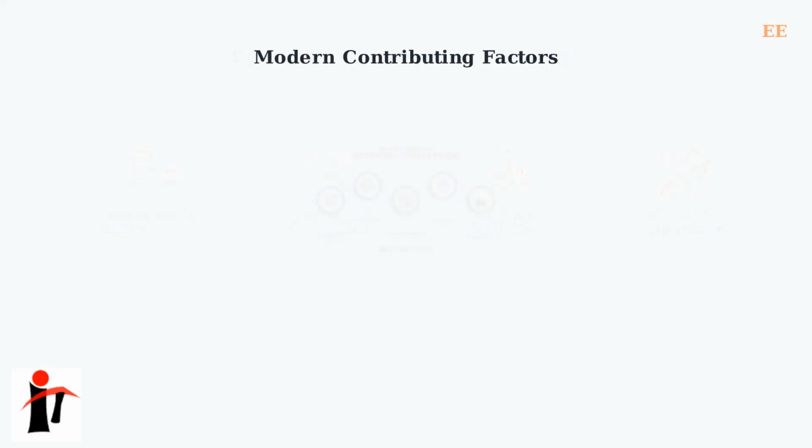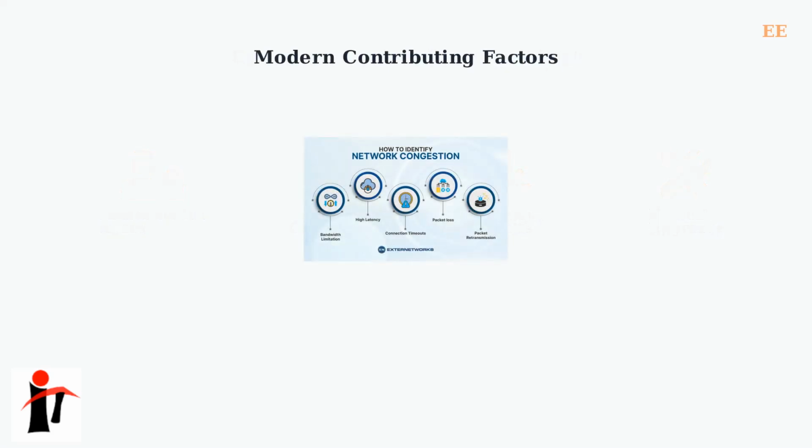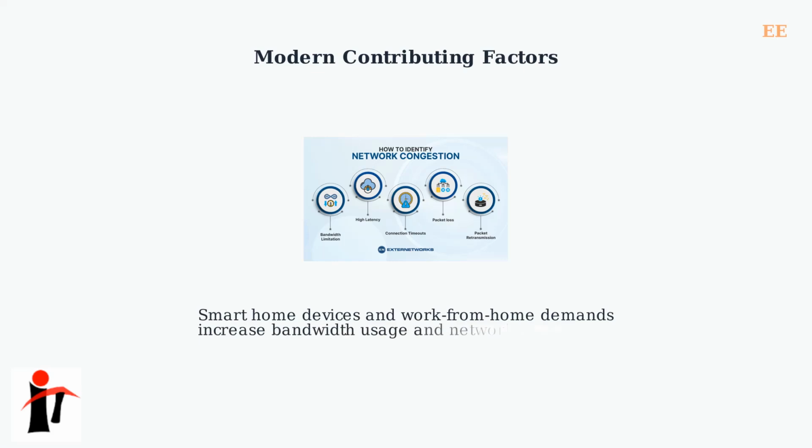Modern internet usage patterns contribute significantly to orange light incidents. The increased adoption of smart home devices like security cameras, smart speakers, and IoT devices creates higher bandwidth demands on your network. Sustained work-from-home demands, including video conferencing, cloud storage synchronization, and remote desktop connections, continue to stress network infrastructure